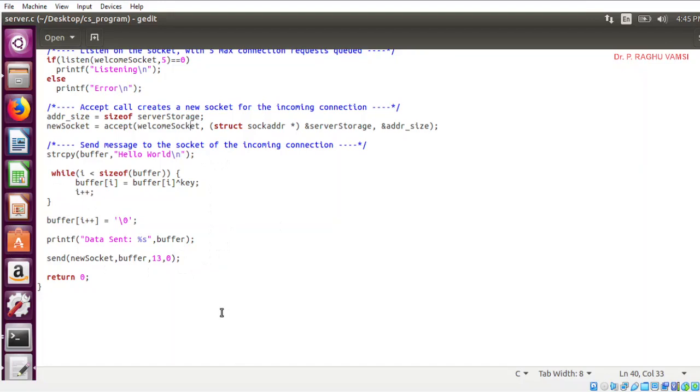In the same way, whatever classical cipher algorithms that I have explained in the previous video, if you might have implemented, directly you call the function and place it over here, so that the encrypted data will be sent to the server, to the client. At the client end, you have to decrypt it and you have to see the plain text.